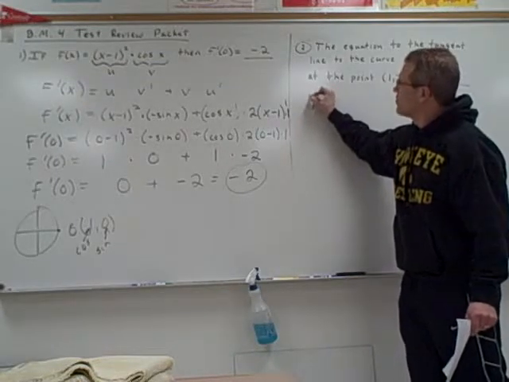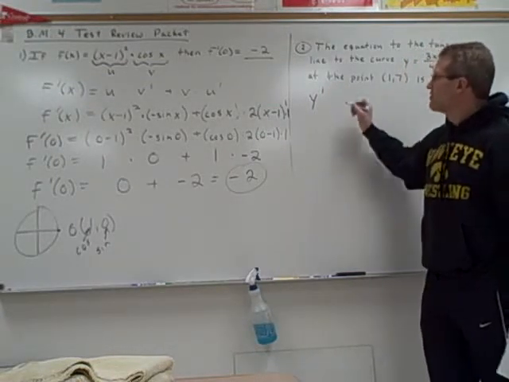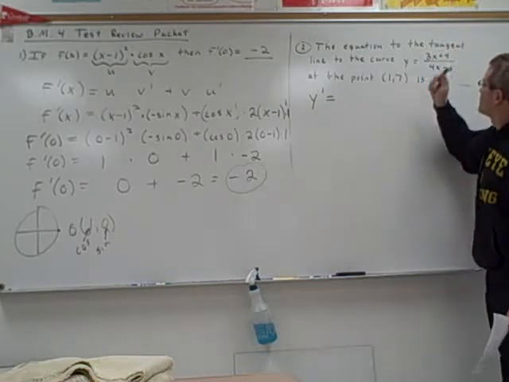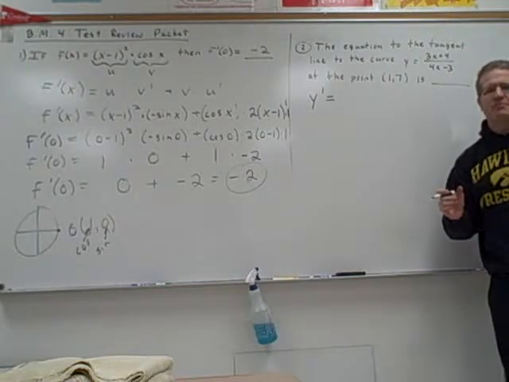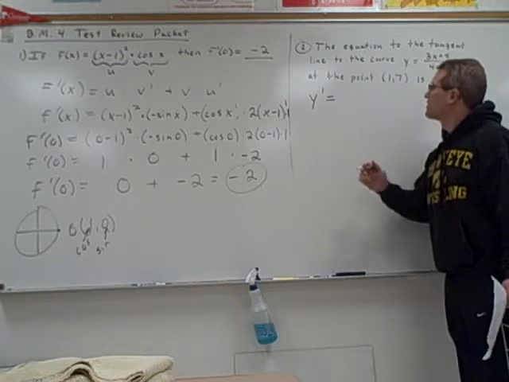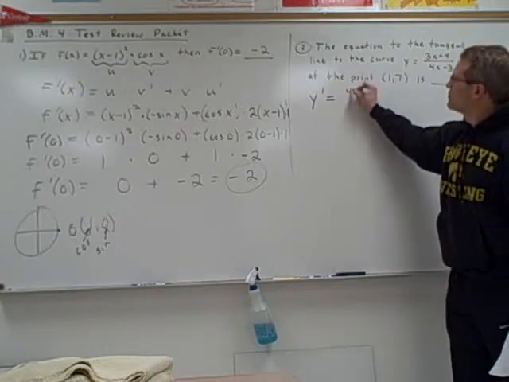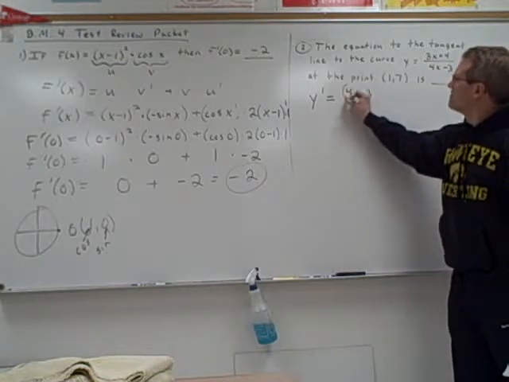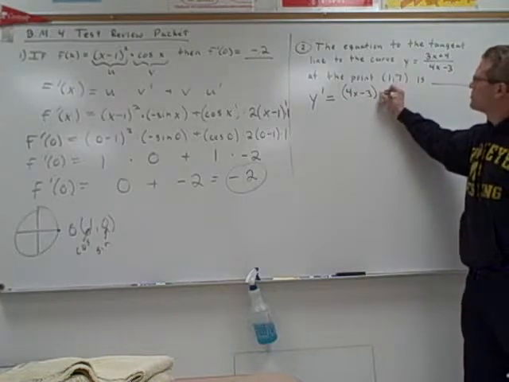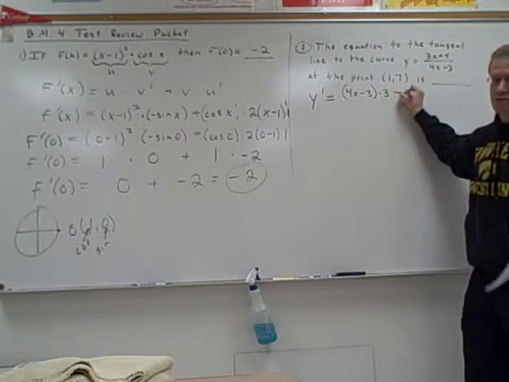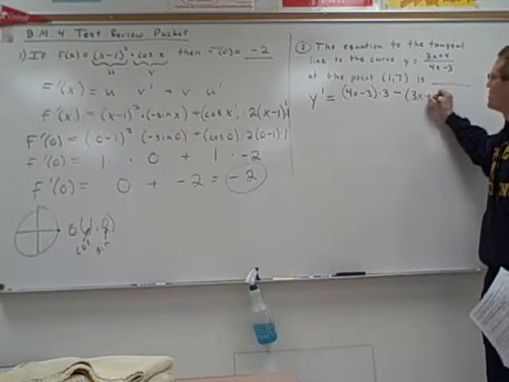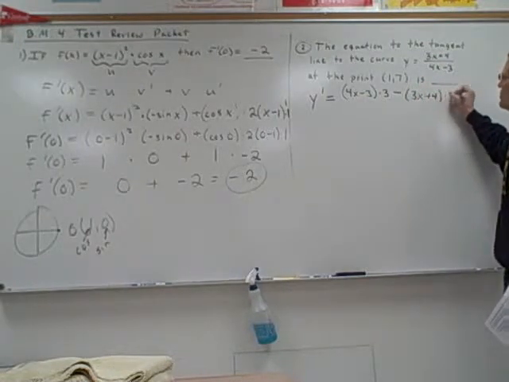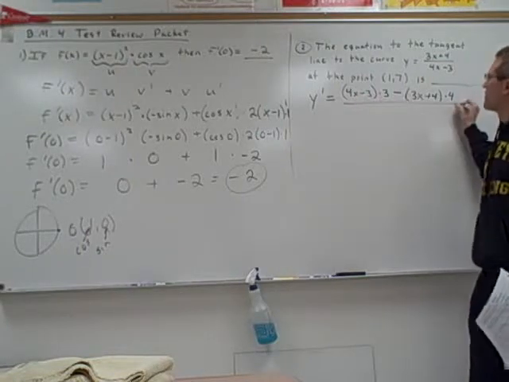So in this case, I'm going to call it y prime, or I could call it dy over dx, equals, here you have an expression divided by expression, so you're going to use the quotient rule. The saying I usually use is low d high minus high d low over low squared. So low would be 4x minus 3. D high would be the derivative of the top, which would be 3, minus, always use subtraction in the quotient rule, high, 3x plus 4, d low, which would be 4, over low squared,